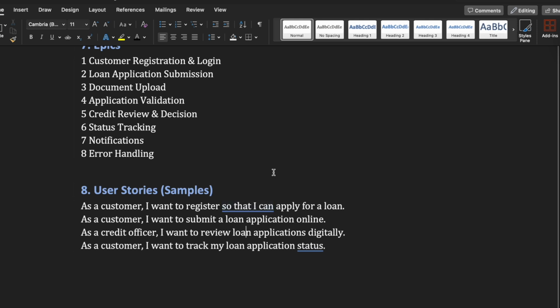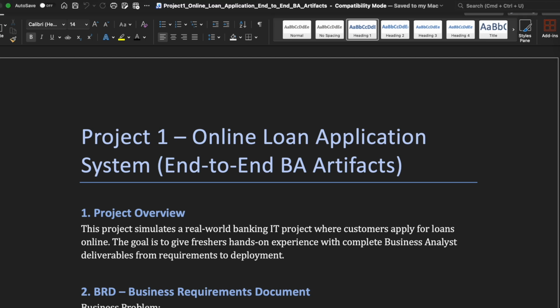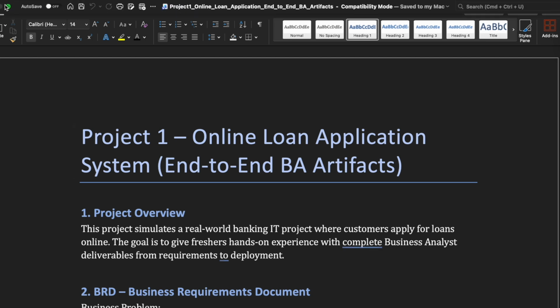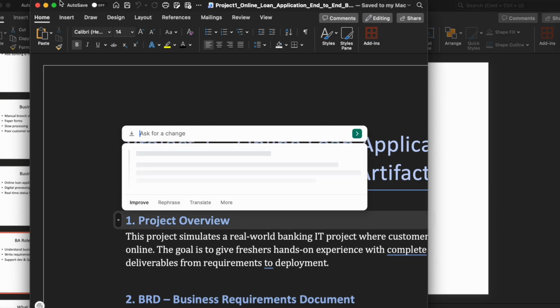But I'm not sure, in this video it's going to be long, so I'll stick to creating the BRDs and these 8 sections. This 8 sections is more than enough, but tomorrow or in the next video we'll continue estimation and MVPs and deployment and UAT and everything. Okay, all right. So I'm going to use